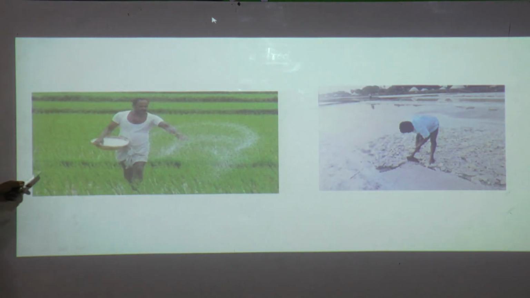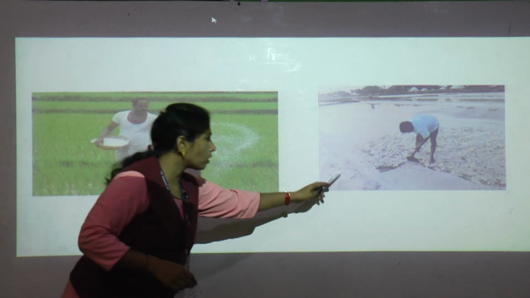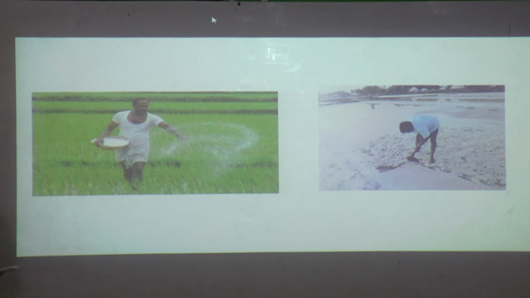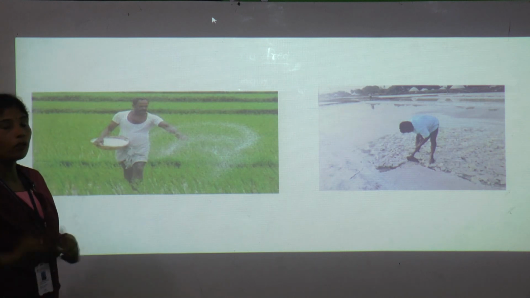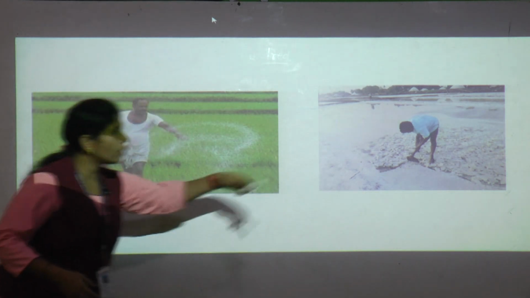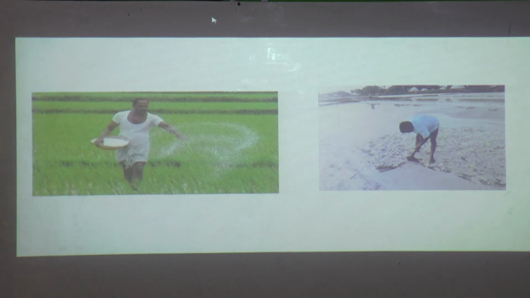Now fertilizer. In farming, to grow the crops so nicely, what will they do? They will spread fertilizers, not to kill insects, that is pesticides, correct? And what else will they do here? Salt. Where do we get the salt? We get the salt from the sea, correct? The sea water is salty, isn't it? Can we drink the sea water? No, because the sea water contains salt. So we will get the salt from the sea. See, this is where the salt is. We can see from here.